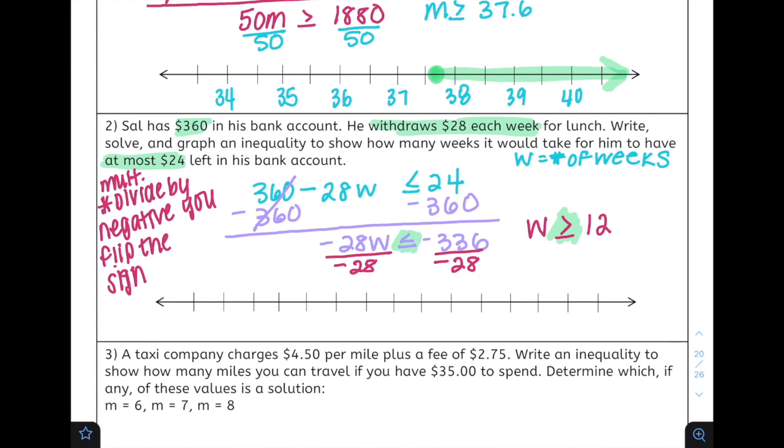Okay, so here we have the answer, which is 12. So I'm going to write 12. All right, so I have a point, it's a closed circle on 12. And then my arrow is going to go to the right. And that is my graphed inequality. All right, so number 3,